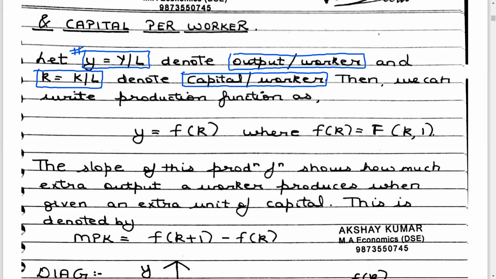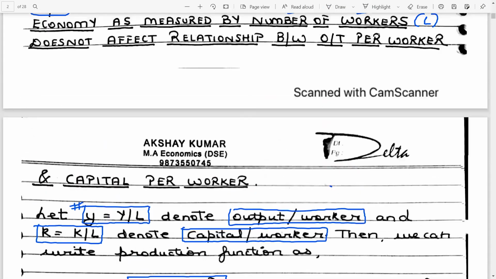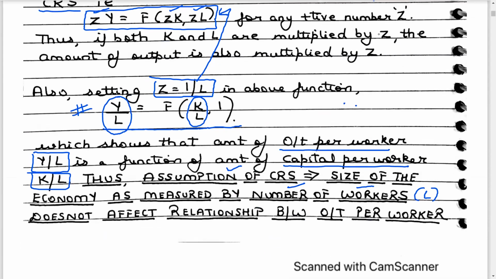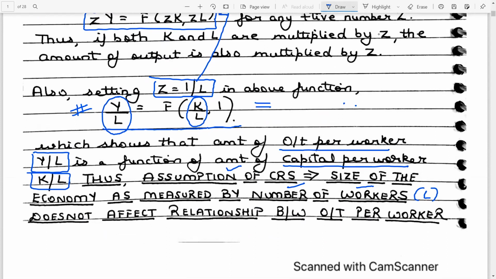So guys, we can now write our production function for the Solow model as output per worker is a function of the capital stock per worker. Basically, this function which we had just done a few minutes back. How can I write it? What is Y by L? Small y is a function capital F of what is K by L? Small k, comma 1.